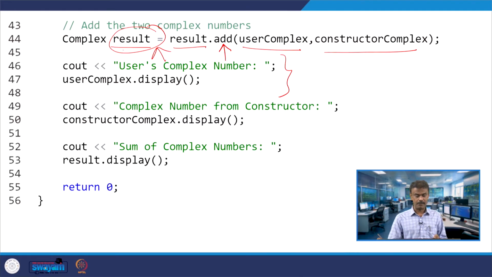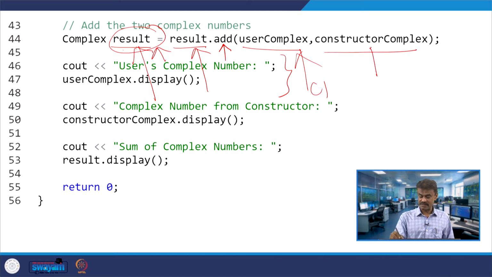The crucial part here is when you are declaring the object, instantiating an object result. On the right hand side, this object result is invoking the add member function. You are passing user complex, which will be considered as C1 inside the function, and constructor complex, which will be considered as C2 inside the function, like the usual copying, call by value, call by reference.